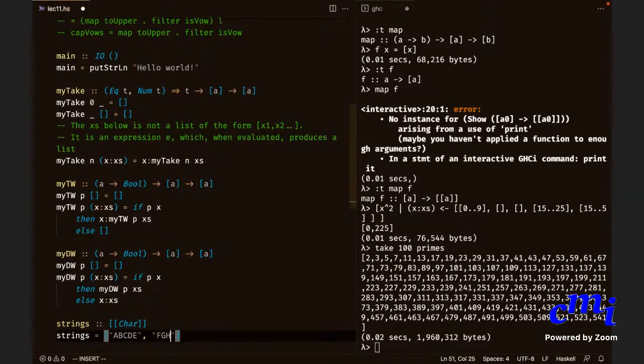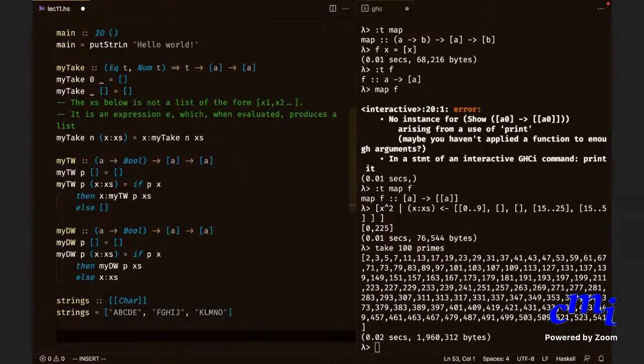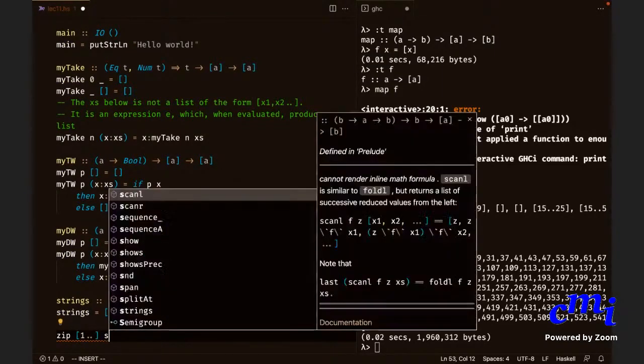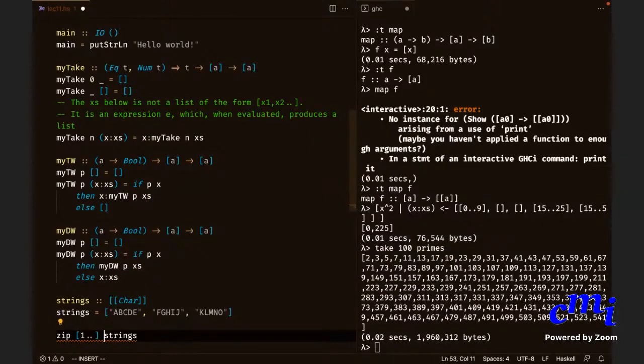F G H I J, K L M N O. Now I want to say this is the first string, that is the second string, that is the third string. Then a nice simple way to do it is to say, I'll call it indexedStrings.